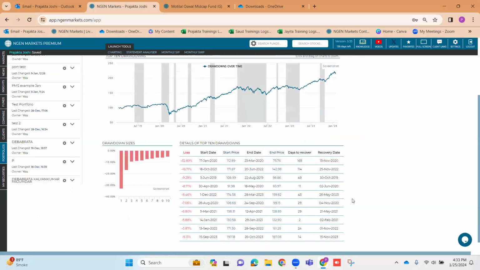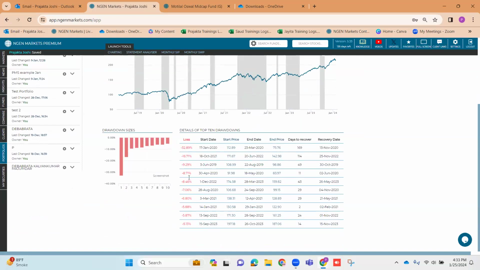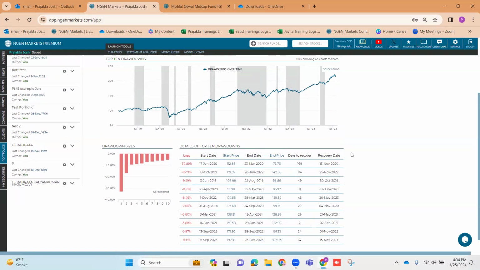Now what we've done is we've listed losses on the basis of magnitude. So this is the worst loss, the second worst, third worst, and so on. And after that, we've listed the number of days that it took to recover from its drawdown. And typically when you're sitting with clients for review, what you can highlight is